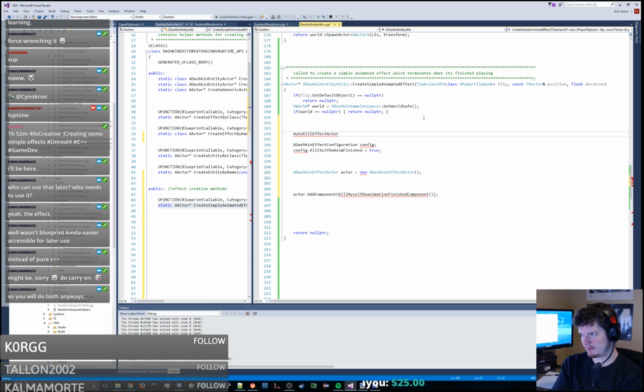The only way I can think of where I could have my cake and eat it too is to make a configuration object which takes both the flipbook you want to play and the type of the class that we want to spawn. And that just kind of sucks. That's not really what I want. The method that I want to call needs to actually know the name of the blueprint of the thing that I want to make, which means if I wanted to add a new type of actor of that